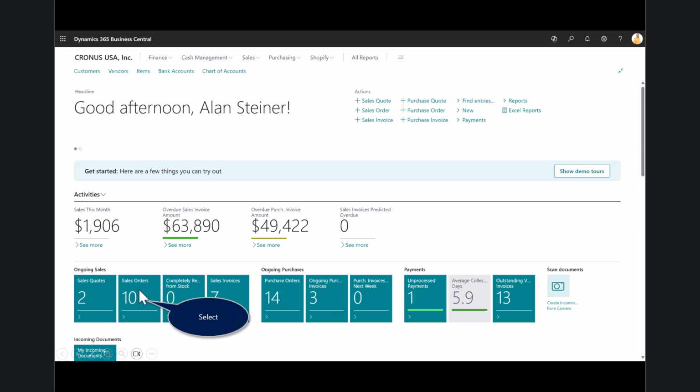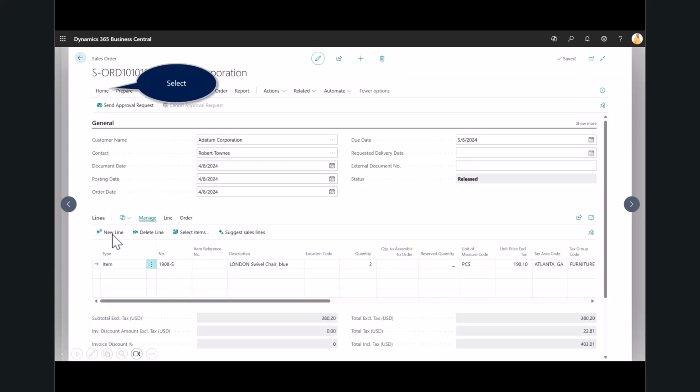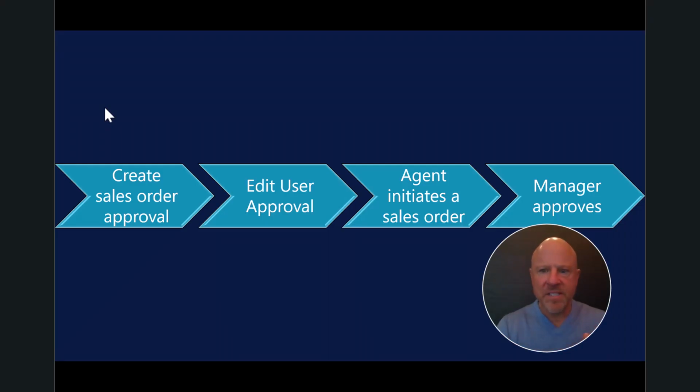Here I am back as Alan Steiner to see the sales order, and you'll notice that that document now has been released. And then I would go through the normal process of posting the document and so on here. So I hope that gives you a sense of all the steps around the approval process and using Power Automate